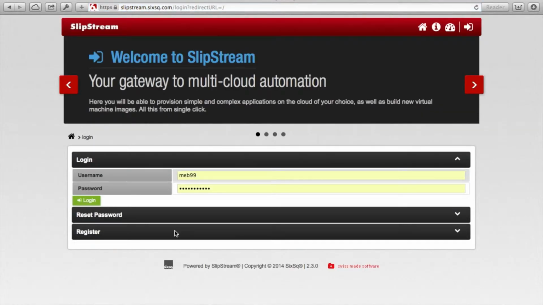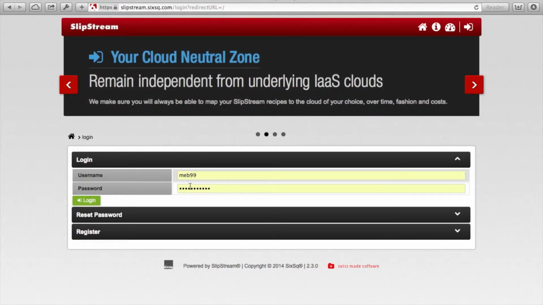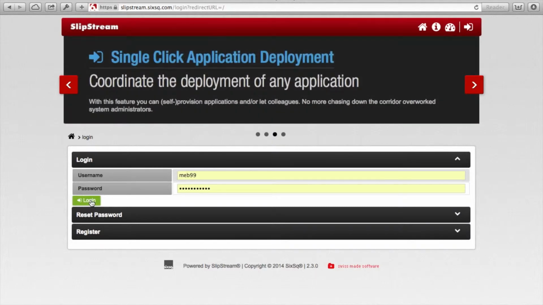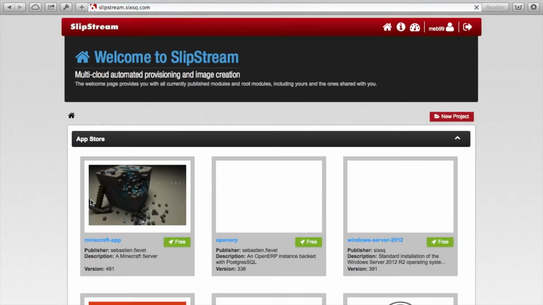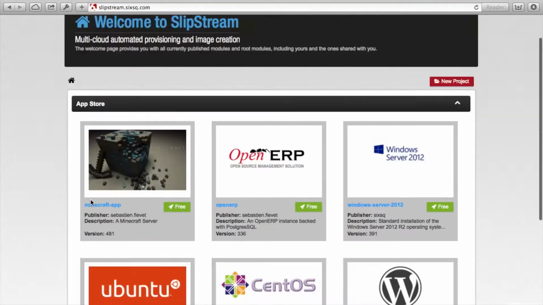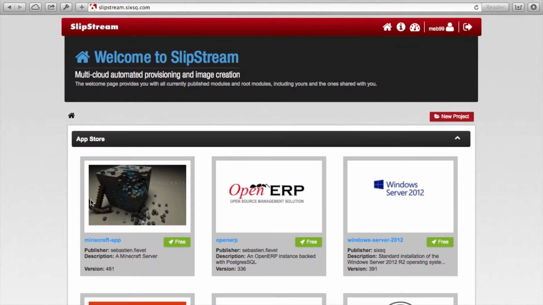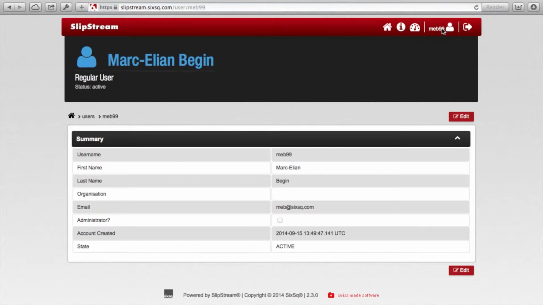I've created here a new account called Meb99 through the standard registration process. So we'll just log in with the credentials provided by email. Then we get to the standard welcome page. Now, top right corner, we'll go and edit the account. In the beginning there's not much to see here, so we'll just click on the edit button